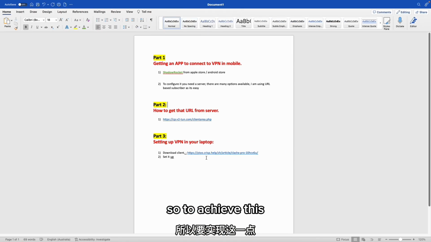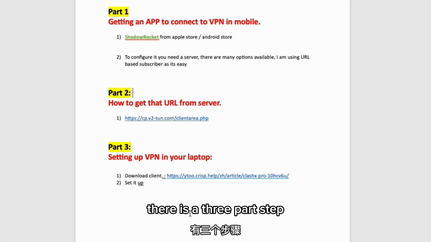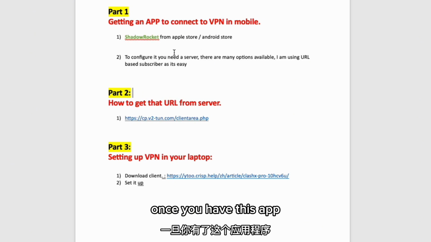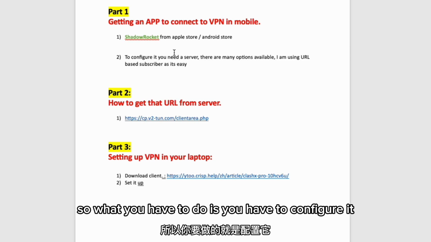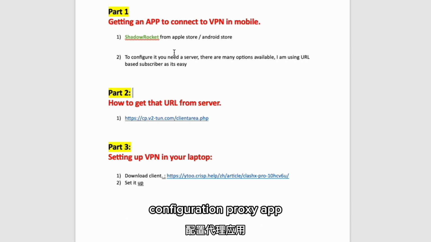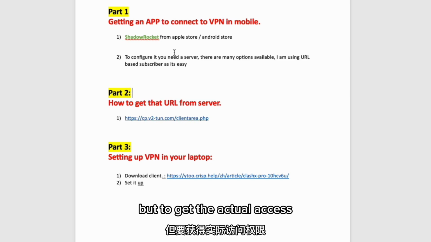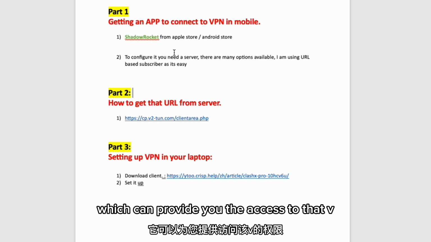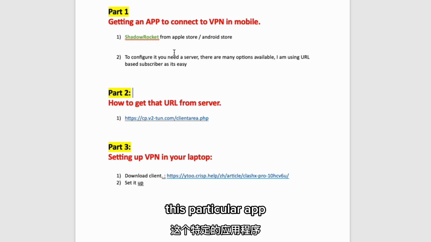So to achieve this, there's a three-part step. First, we need that app. If we want VPN access on the mobile, then we need this app, ShadowRocket. Once you have this app, you have to configure it. It's like a rule-based configuration proxy app, but to get the actual access, you need a server which can provide you the access through this particular app. So to get that, we need another website. It's called